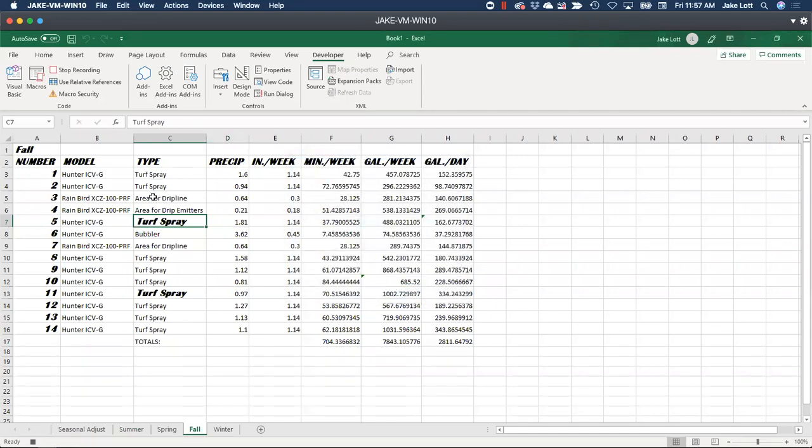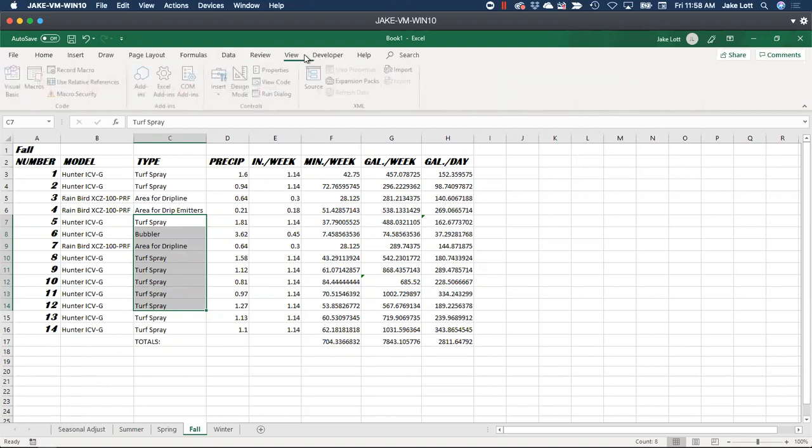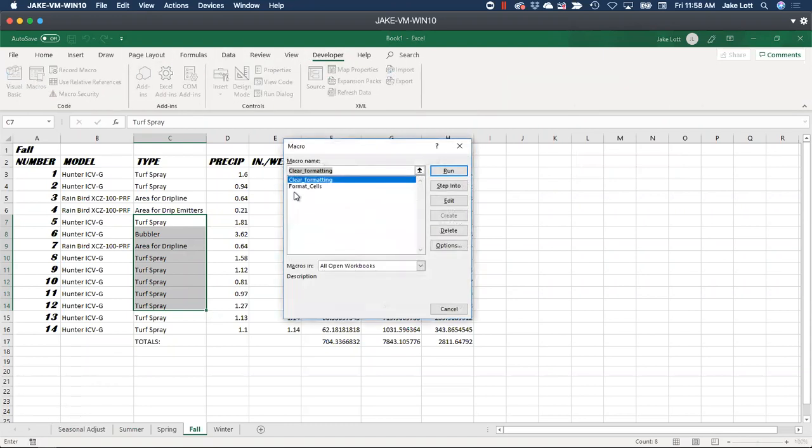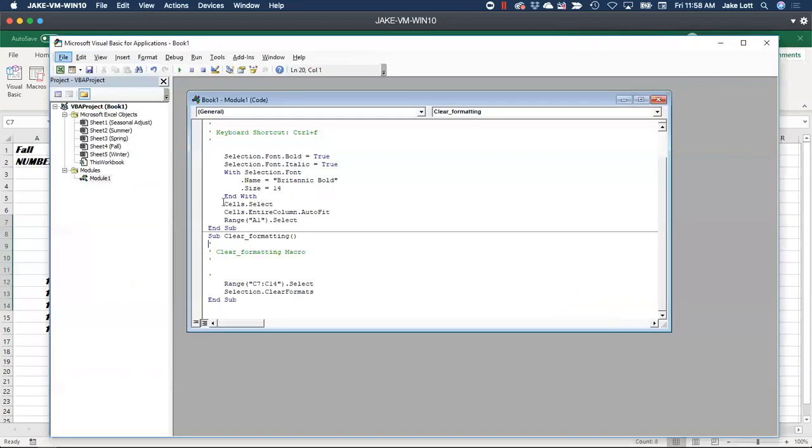And I'm going to highlight just whatever, and I'm going to go ahead and clear formats, and I'm going to stop it. That's what I wanted to do. So with that guy, clear formatting, edit, get to my VBA here, just get rid of that specific selection there.